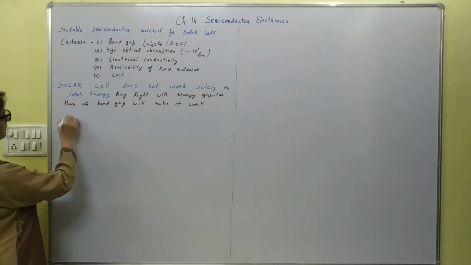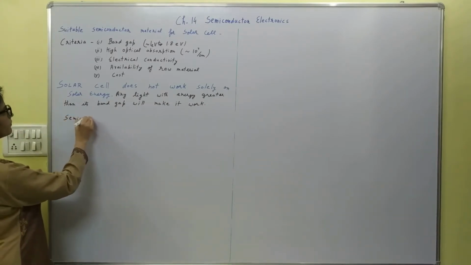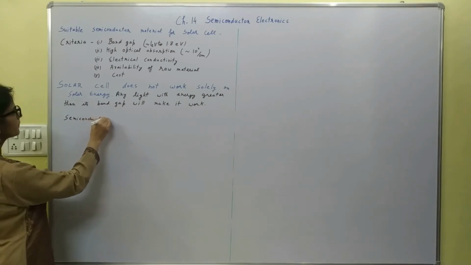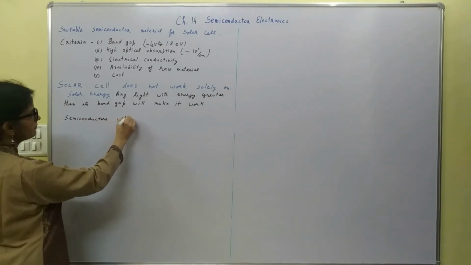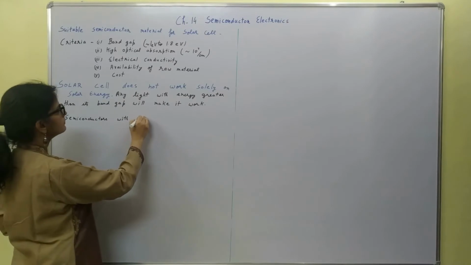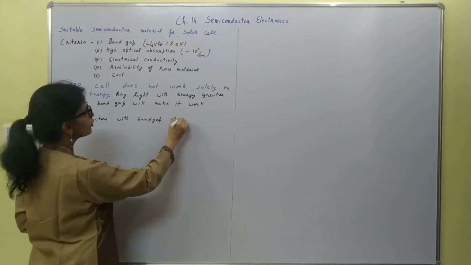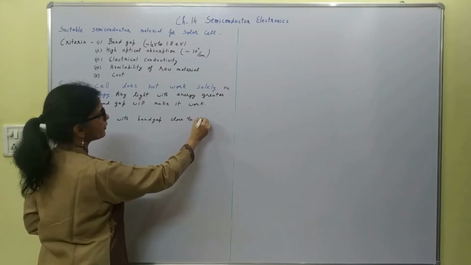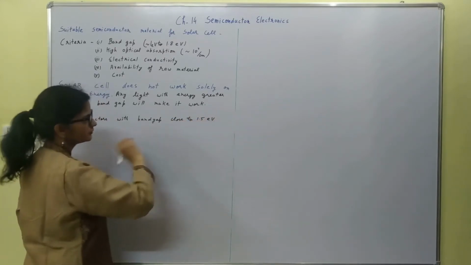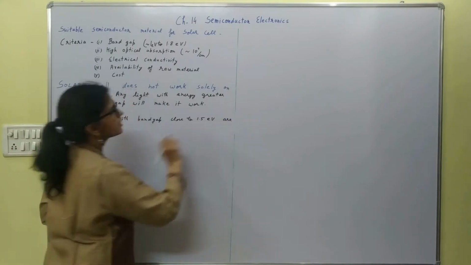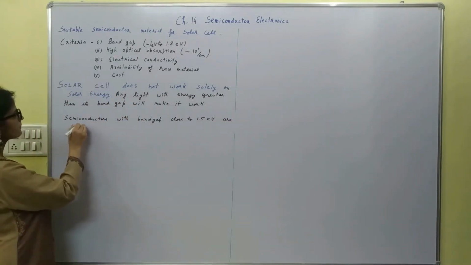And semiconductors with band gap close to 1.5 electron volt are suitable for solar cells,